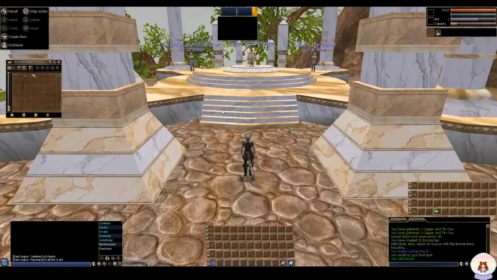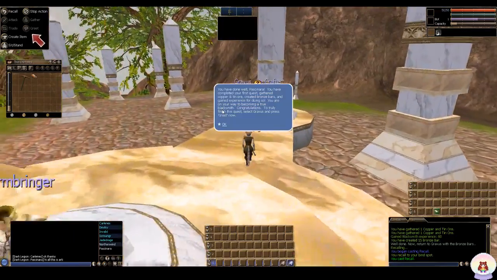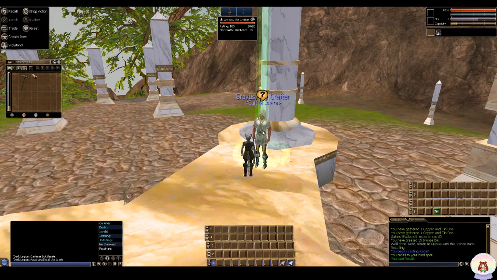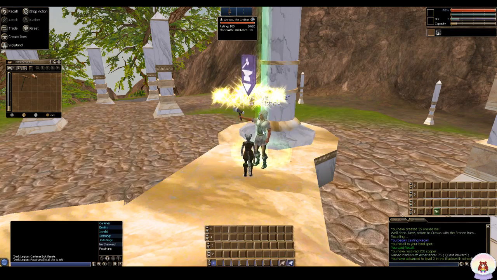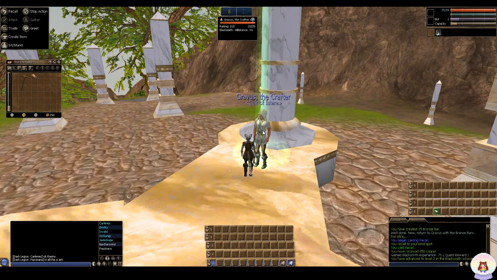I just recalled where I could turn in the quest that we completed in the last video, our Blacksmith 1 quest. I am going to run up, greet him, and turn in. And as you can see, by doing that, I got level 2 Blacksmith. But now if I greet him again,